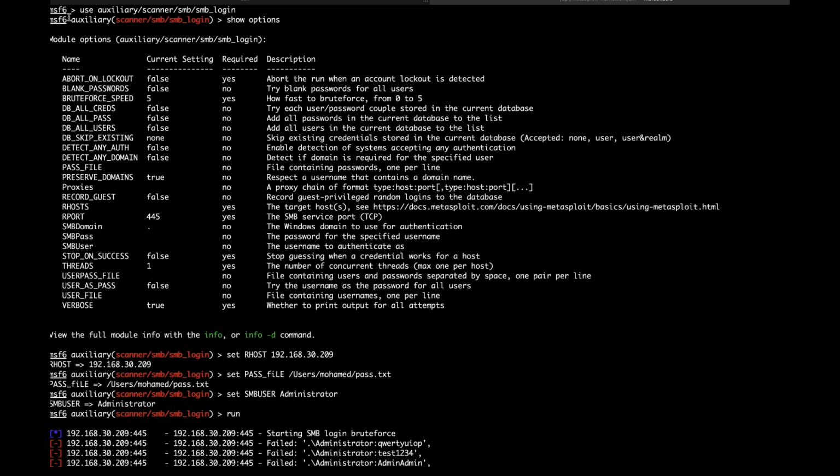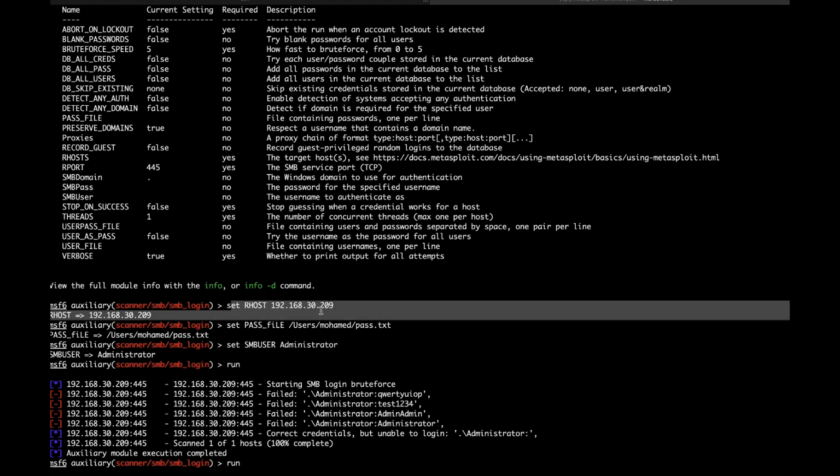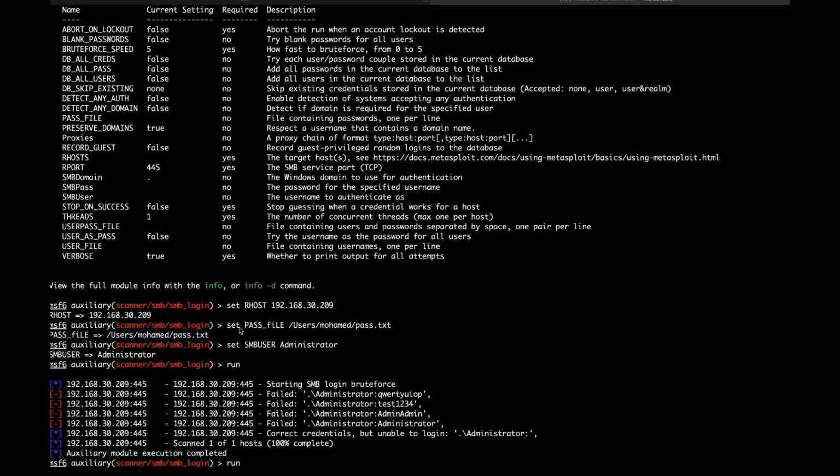First of all, you start your Metasploit framework, and after that you use this auxiliary, which is scanner/smb/smb_login. After that, you set your host, you set the path file, you set the user, and you run